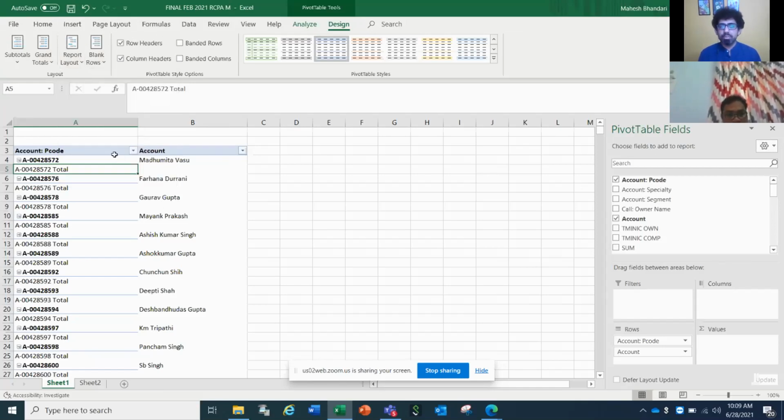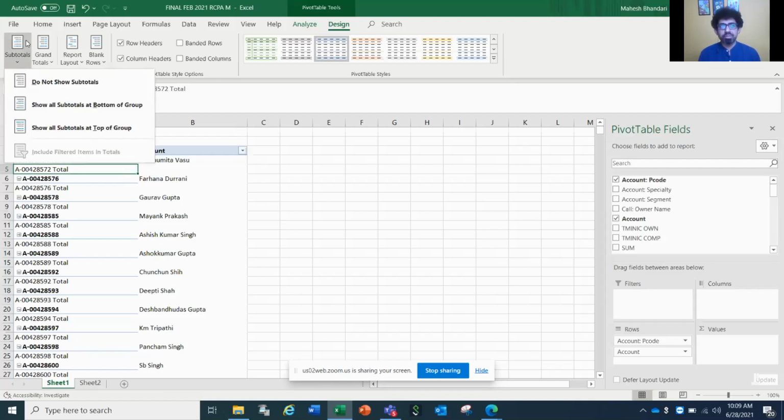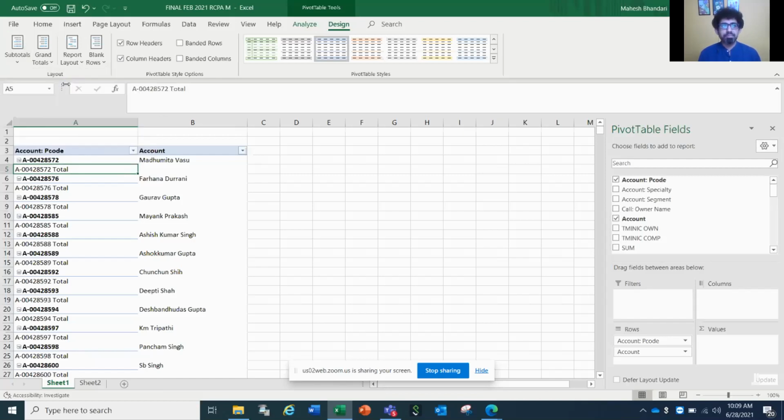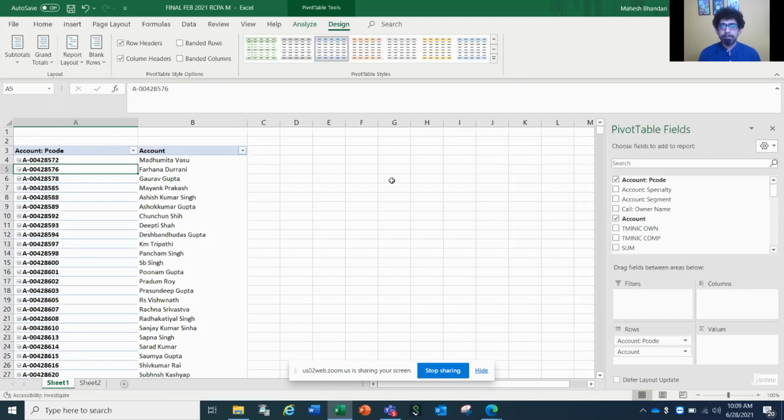ठीक है, तो बस यही डेटा है, तो this is showing you the P code. सर इसमें जो टोटल आ रहा है, ये जो टोटल आ रहा है वो हट जाएगा। क्लिक ऑन सब टोटल, जो सबसे फर्स्ट ऑप्शन है लेफ्ट में, सब टोटल्स, ओके, और डू नॉट शो सब टोटल्स, बस हो गया। ओके।